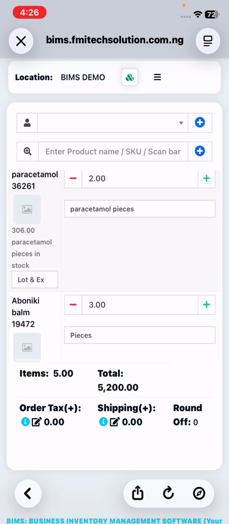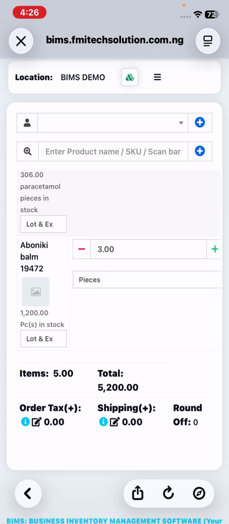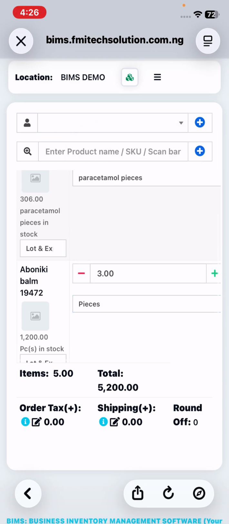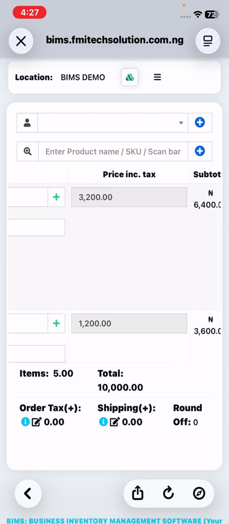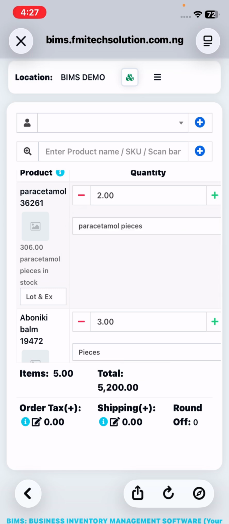If I'm selling it in pack, you can see we have pieces, we have pack right here. I can switch it to pack here. I can switch it to pieces here. This one too, I can switch it to pack or to pieces. But I'll be leaving this one as pieces. I can change this one to pack if I like. You can see if I change it to pack, it's showing the pack price right there. So right now I'm using pieces. I believe you are getting that. So once you have done that,